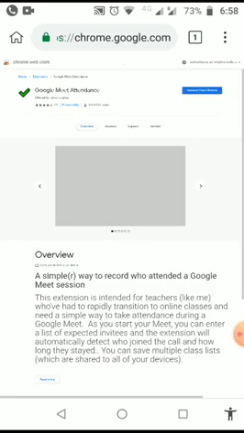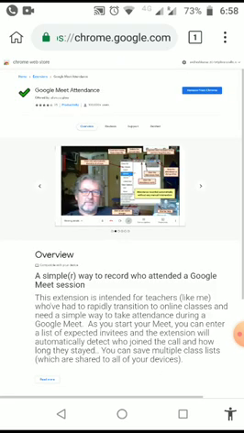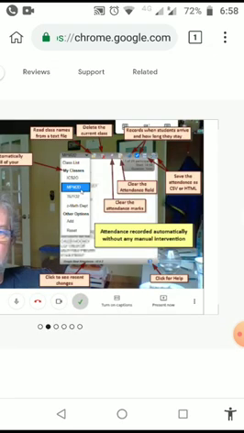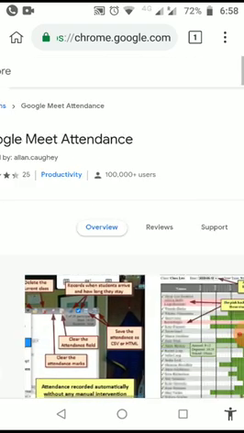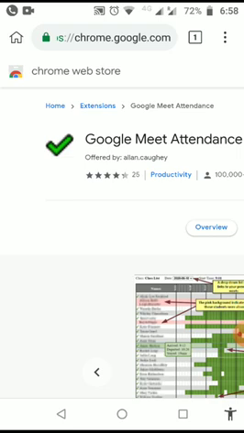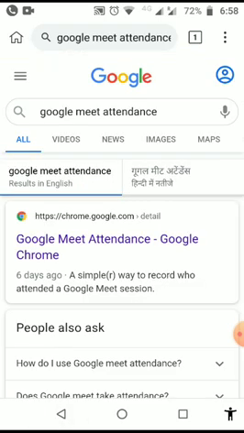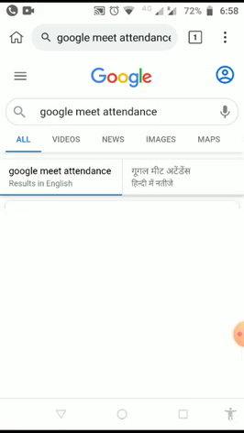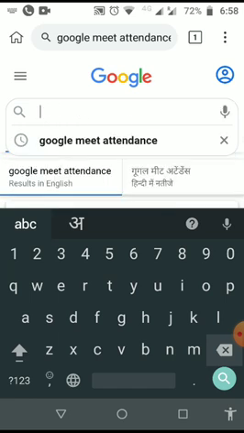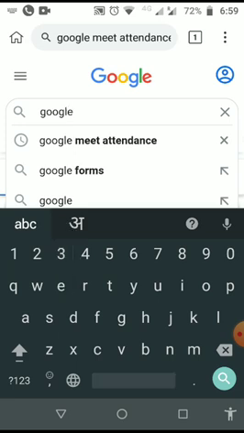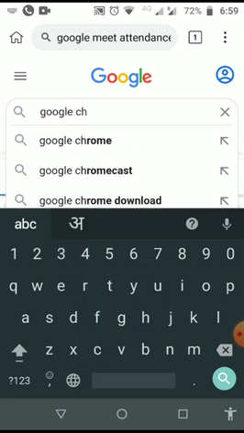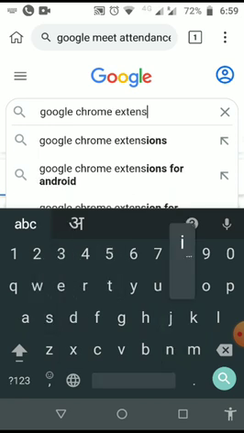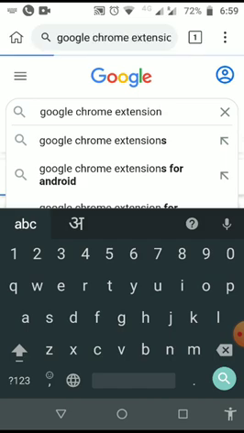So this is a Chrome extension and I have already installed it, so I don't have any problems, but you need to install it from the Chrome web store. There is one more way to install it. You need to write Chrome extension and search it.